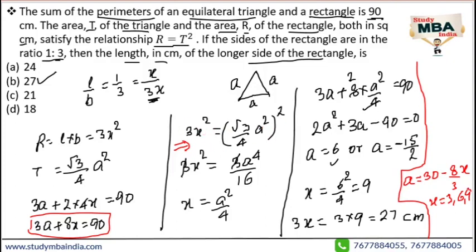So we can say that definitely the answer will be 9, and if you check 9, that will satisfy. So again we can say the answer is 27. So if you check 6 and it does not satisfy, in that case also we can say the answer will definitely be 27. Or if you check 9 and that satisfies, then also we can say it will be 27. In that case you do not have to solve this much, or you do not have to solve the quadratic equation. I hope this is clear to you. Thank you very much.